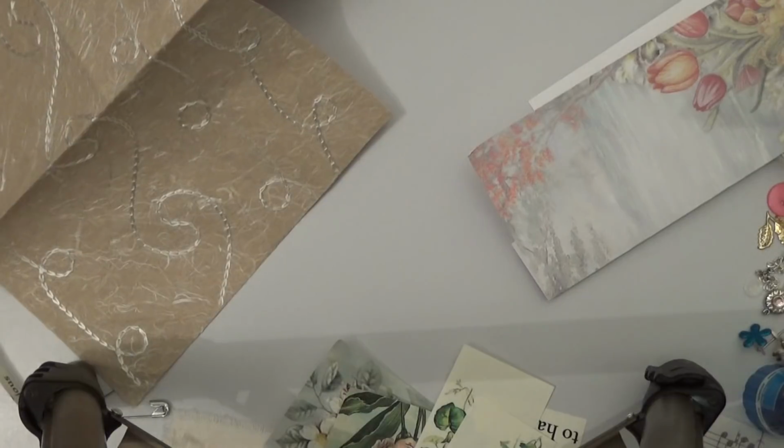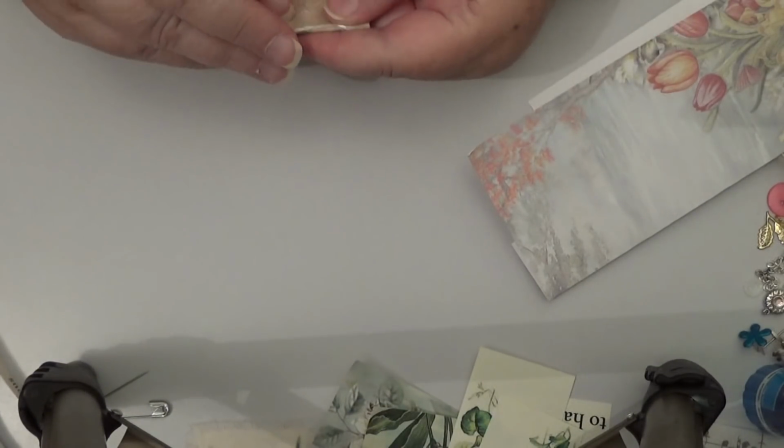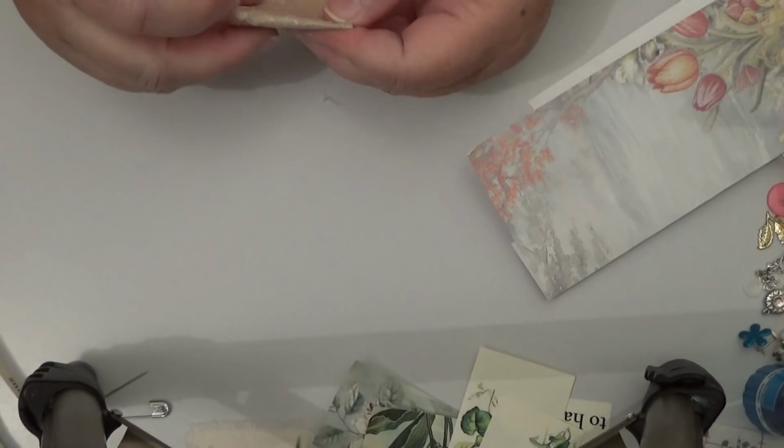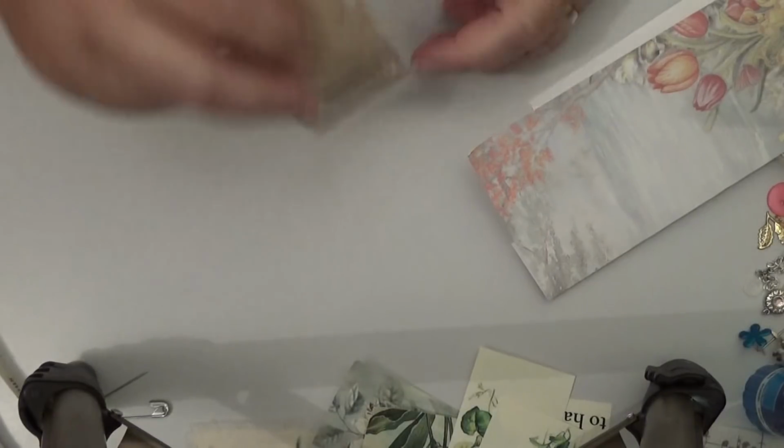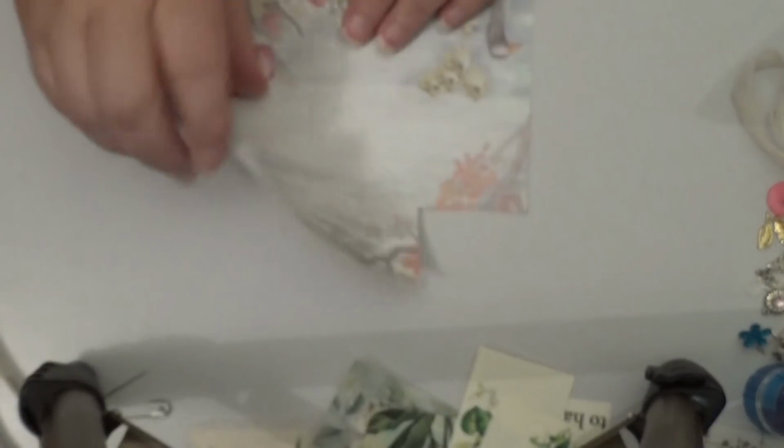I'm going to just make this. I wanted to make one of those folding up envelopes that you undo and then you can write in it. We're not going to be able to do that if I keep that like it is, are we? Let's use this piece instead. And this has got nice flowers and there's little ducks on the other side. Okay, so